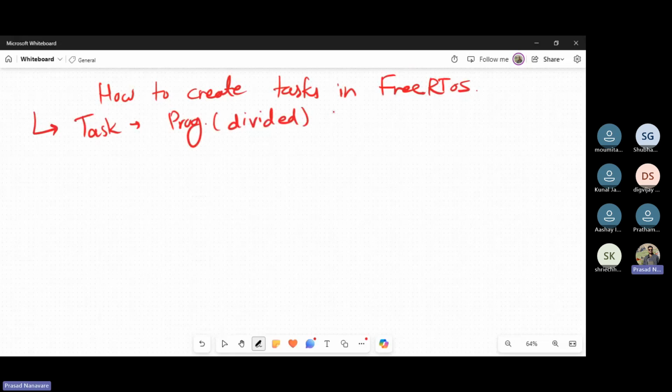And every task is performing its own specific function, right? So, if we take an example,